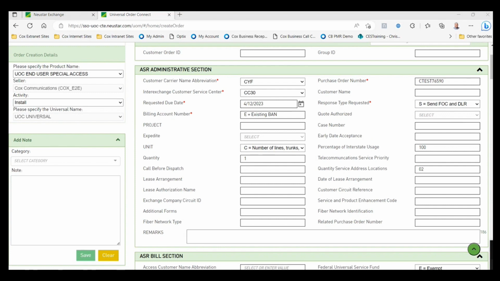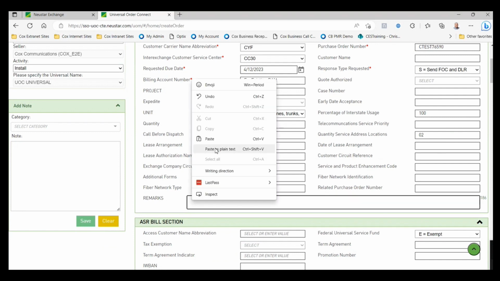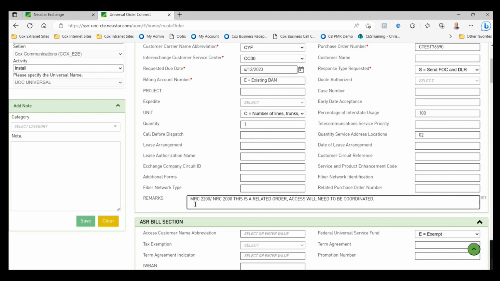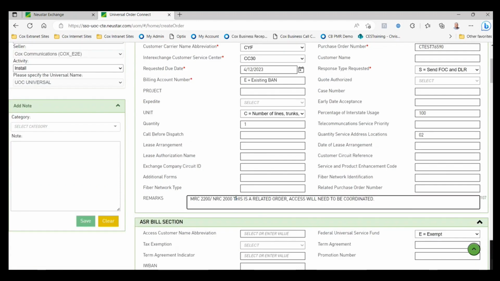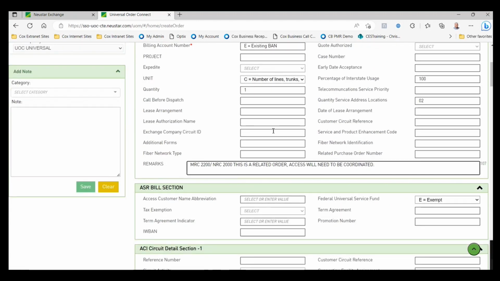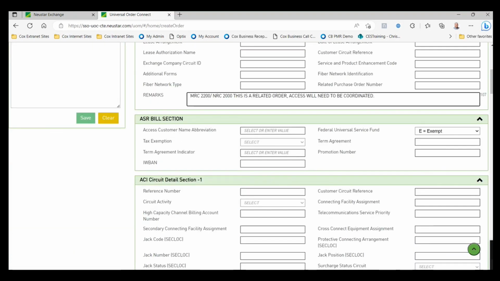Now, there is no designated MRC, NRC field. So I am going to go ahead and copy that along with my remarks from my documentation, and I'm going to post that here. So I've got my MRC, NRC information, and then the remark about this being a related order. And that'll all be under the ASR administrative section. So I'm just going to populate that there. That's everything in the ASR section. I'm going to scroll down to the ASR bill section, and I just need to select from the menu here. This was exempt,